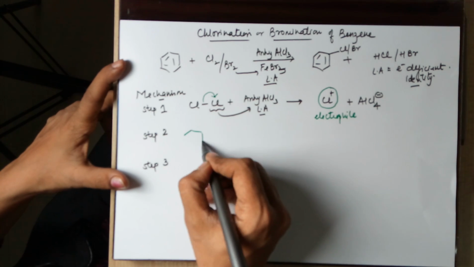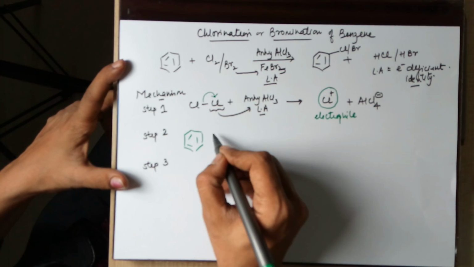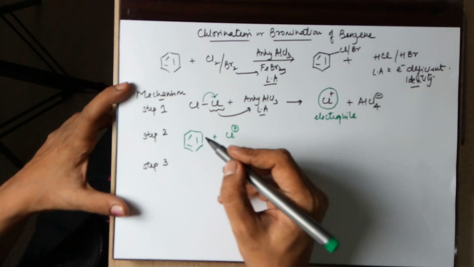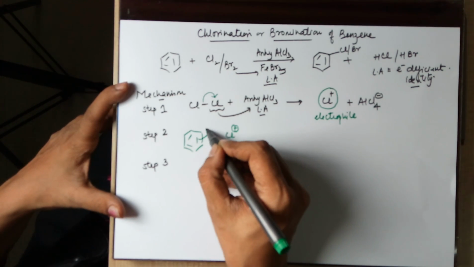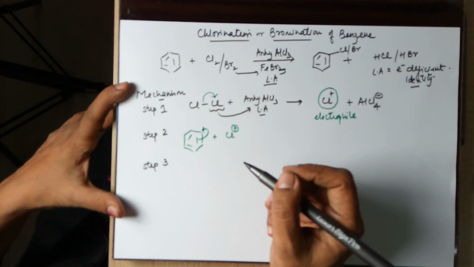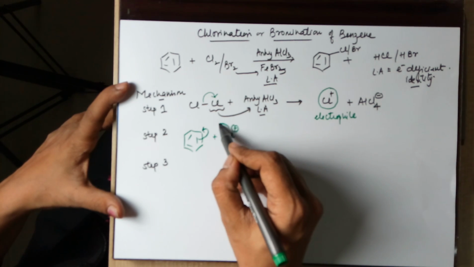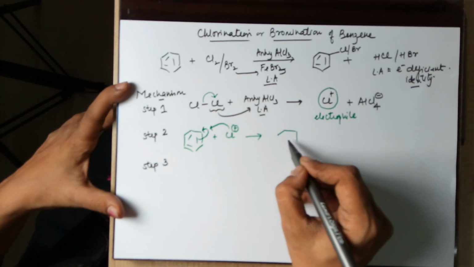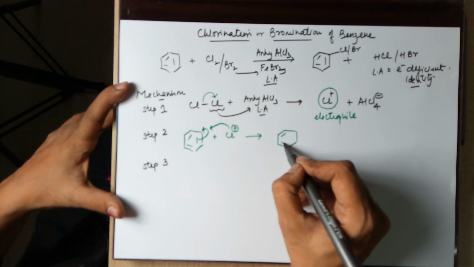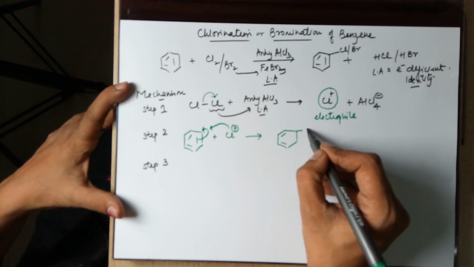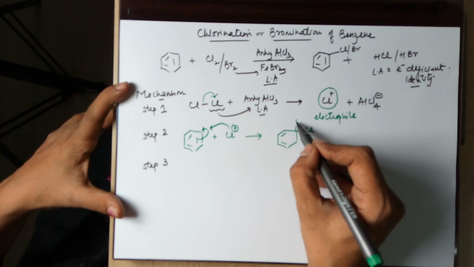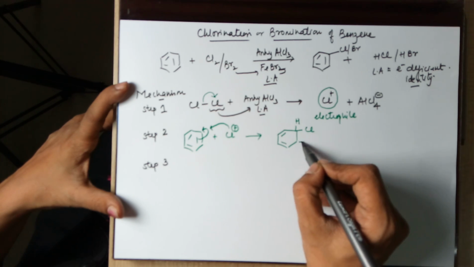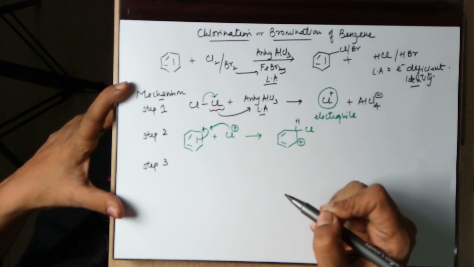The electrophile can easily attack the benzene ring due to the presence of the pi electron system. This pi bond breaks here. Hence this carbon gets a negative charge and chlorine therefore attacks onto this carbon, leading to these bonds remaining intact. This bond is broken, the Cl attacks here. It already has an H. The bond from this carbon has taken away the electrons, so this carbon gets a positive charge.